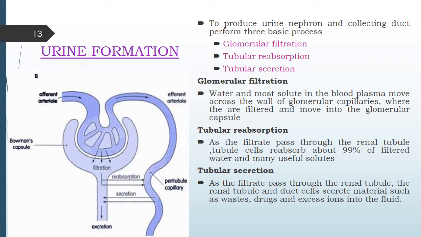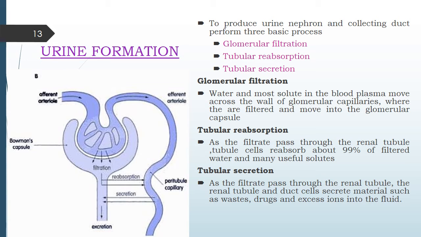To produce urine, the nephron and collecting duct perform three basic processes: glomerular filtration, tubular reabsorption and tubular secretion. First, we go through glomerular filtration. The water and most solutes in the blood plasma move across the wall of the glomerular capillaries, where they are filtered and move into the